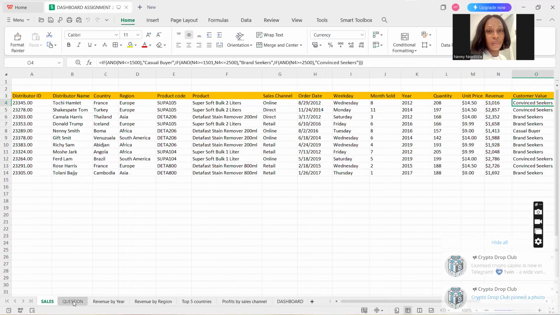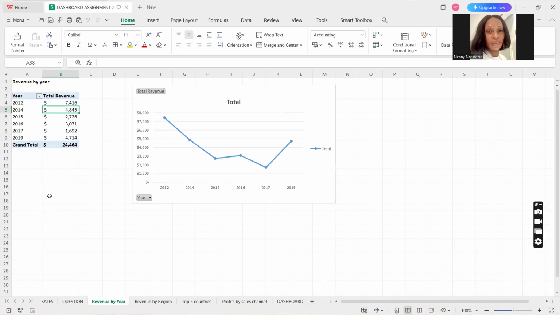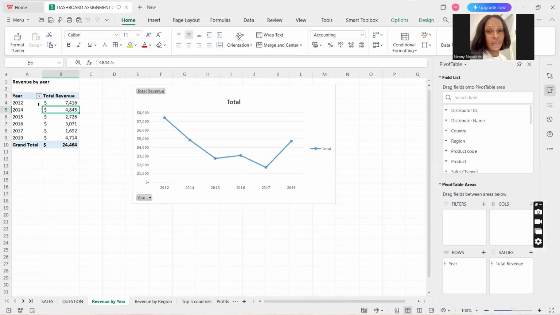So let's move to the questions. We have 4 questions here. The first one is revenue by year, revenue by region, top 5 countries by revenue, and profits by sales channel. When answering these questions, we are going to be creating a pivot table. From that pivot table, that's how we created the dashboards. So the first question is revenue by year. These are the various purchases or sales that were made. And this is the revenue that was generated in each year: